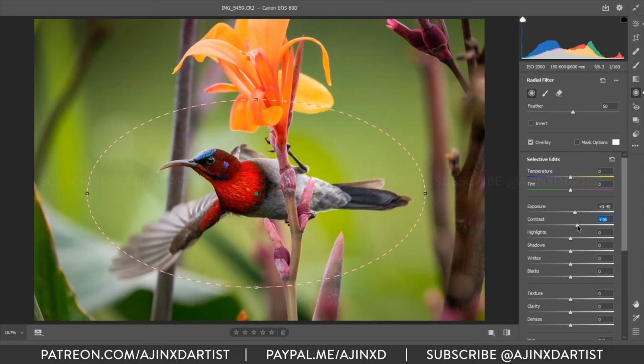Contrast, all these settings are quite basic here, so you can play along with them. Highlights, again, we don't need a lot. Shadows, maybe, yeah. There's like a jawline to this bird with a purple reflective feathers, which looks really unique if light falls on it perfectly, but only this part is lit here. This is all in shadow, so I don't think we'll get that effect here like we see on the top of his head. Okay, the whites are fine. Blacks,